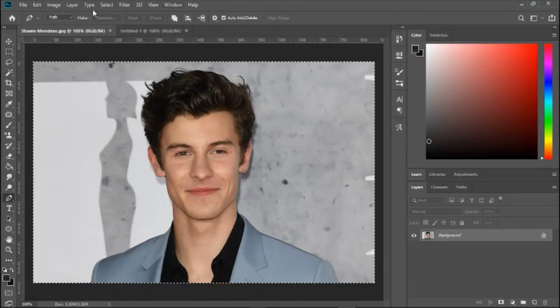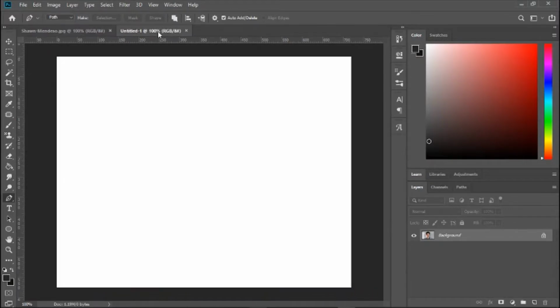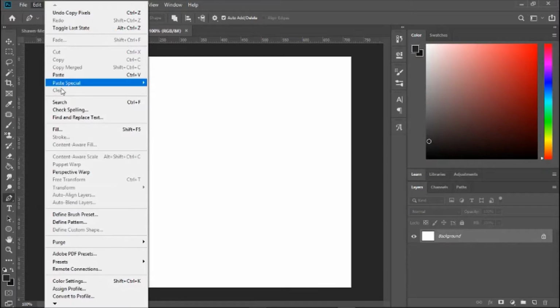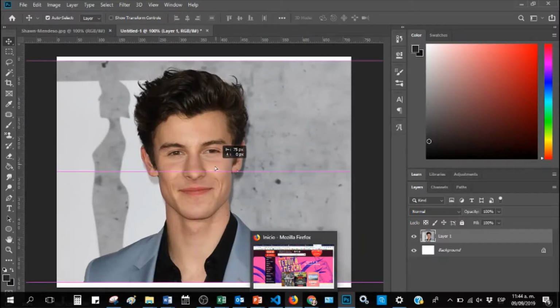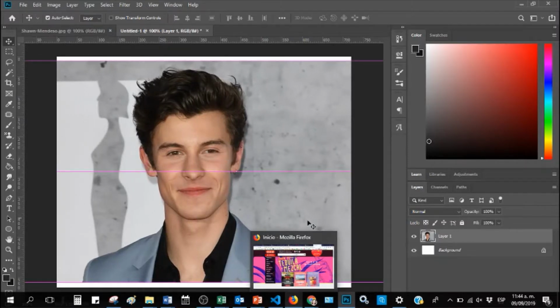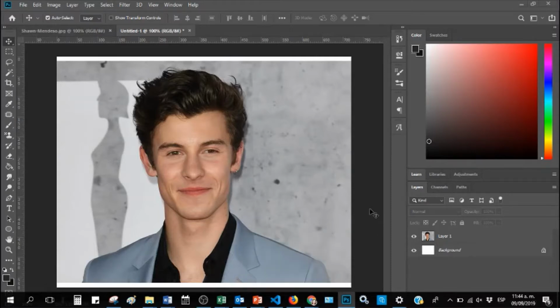okay? I'm using the menus so that you can clearly see what I'm doing, okay? And say edit paste. Okay, there we go. So then, what we're going to do is just move the picture a bit to leave it like center, okay, that's better. Okay, fine,